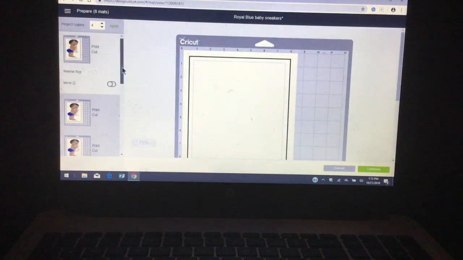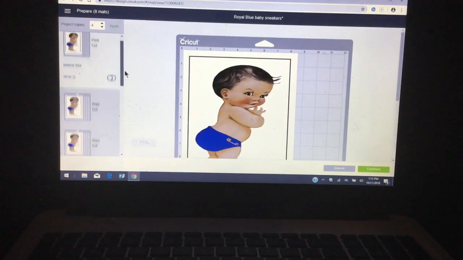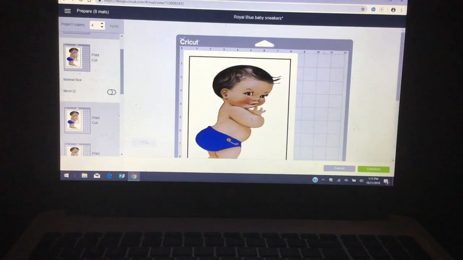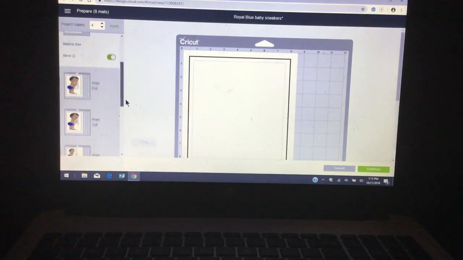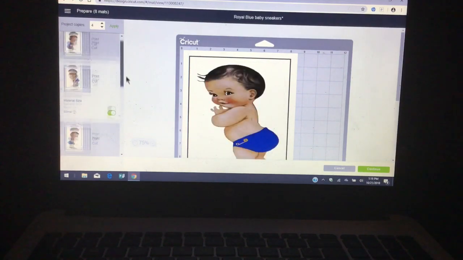And like I said, since they're double-sided, one is facing to the right, and then I'll need the second one facing to the left. Click on the image, and I'm going to click on mirror. Click on this little dot so it can be on the other side. And we go ahead and